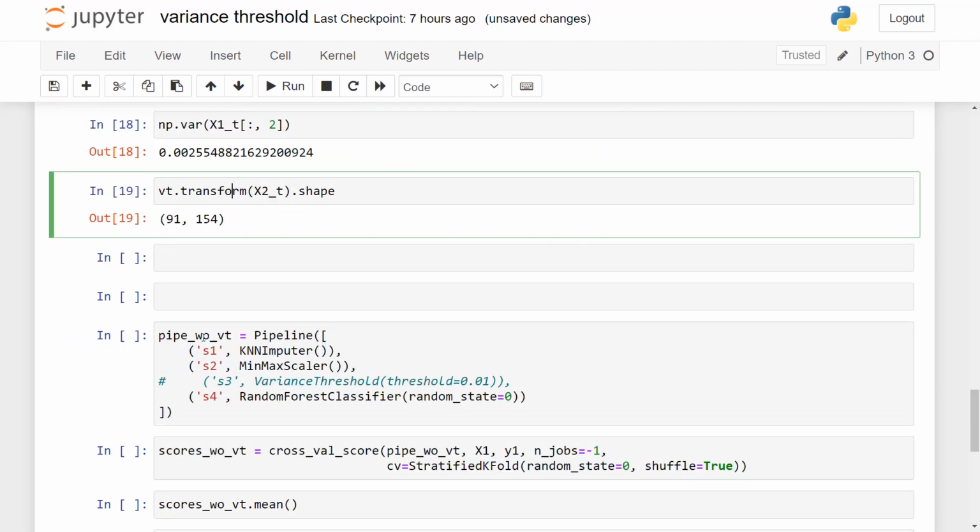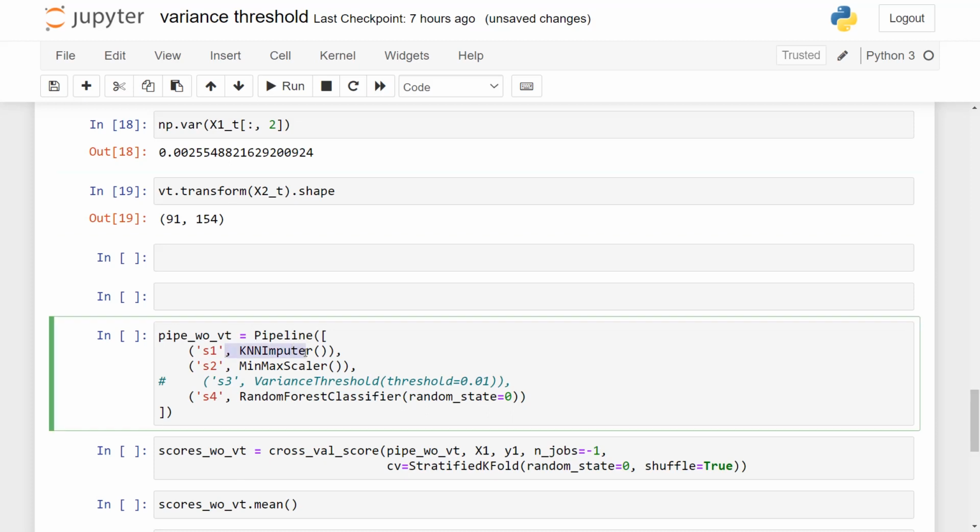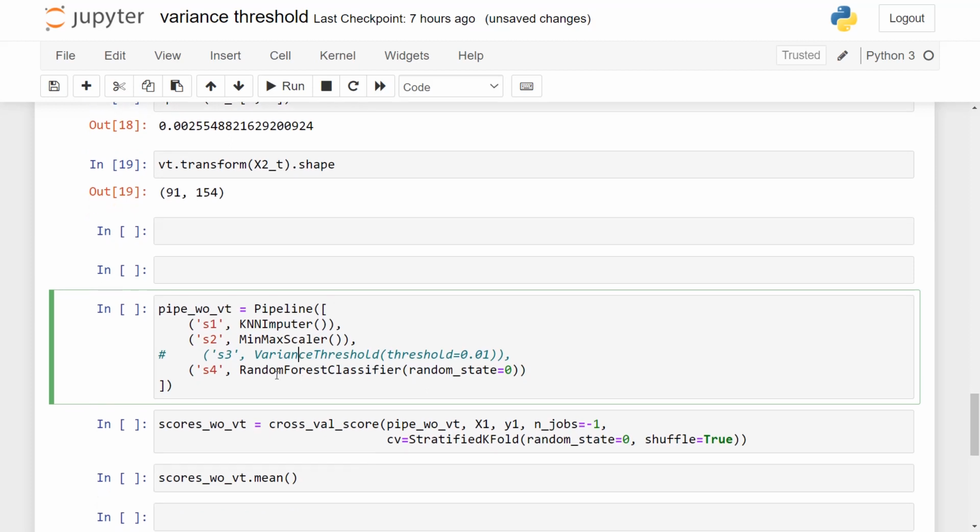Now let us write this succinctly using a pipeline. The first step of the pipeline will be the KNN imputer. We will be imputing the missing values first, then scaling the values to be between 0 and 1. Now this is the pipe without the variance threshold, so we will just comment this out, and the last step will be random forest classifier.